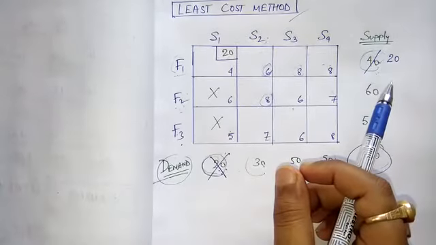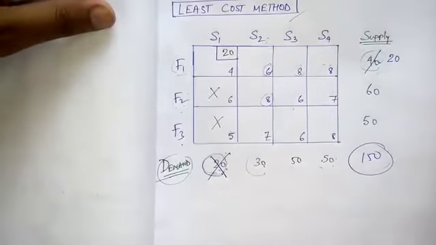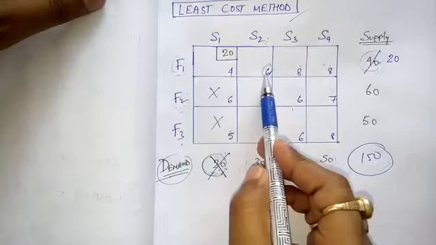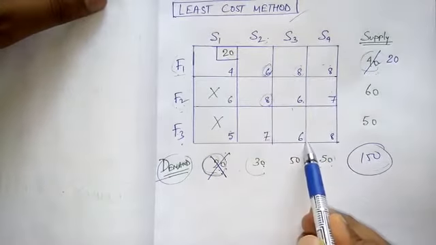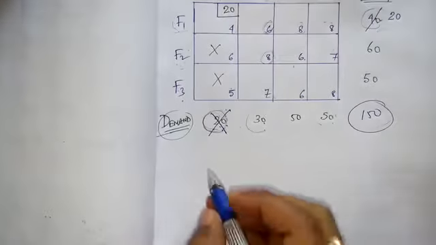Okay, very easy. Now least cost method tells you that in the next step, again choose the box which contains the least cost, where the transportation cost is least. But now you see one very interesting thing. There is a tie. Here also 6, here also 6, here also 6. Okay, so what to do in this situation? I am writing one rule.